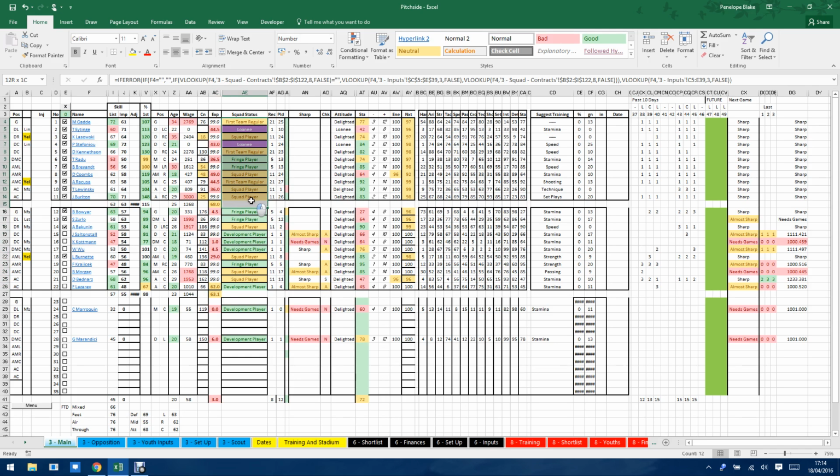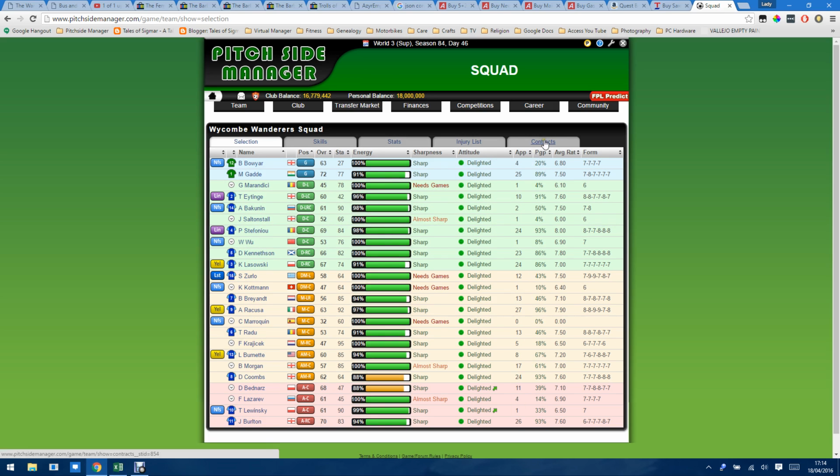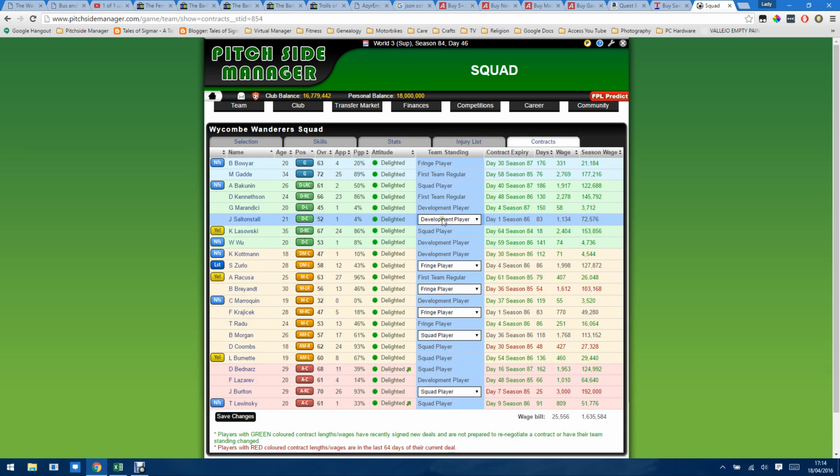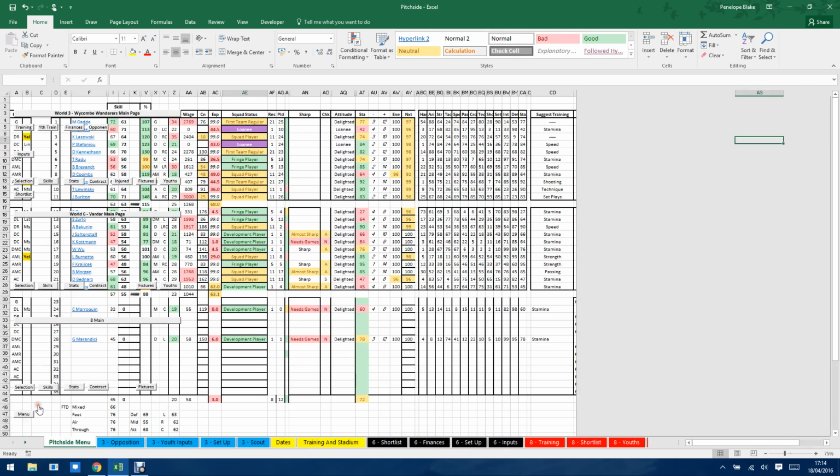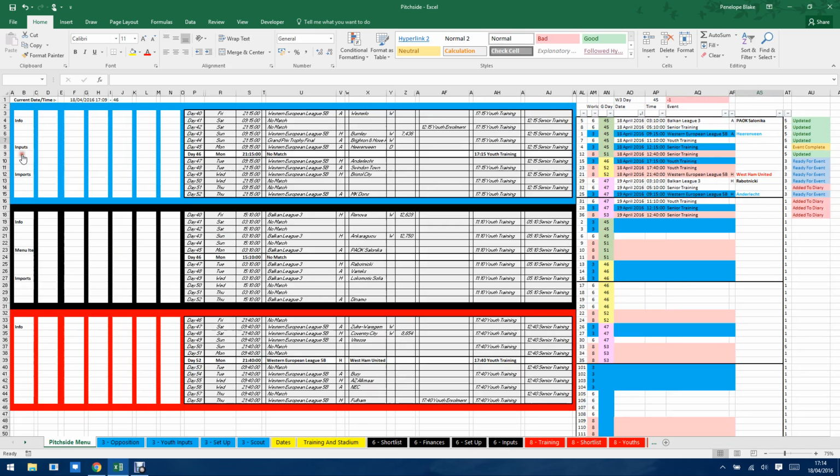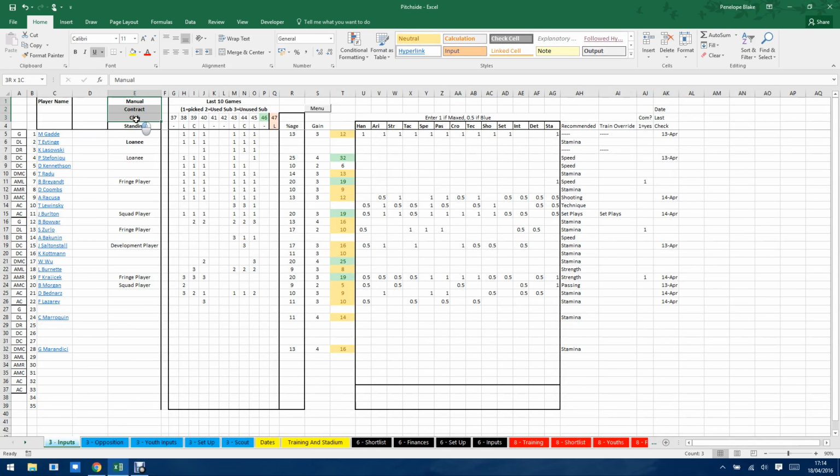This is their squad status, and that will be pulled in automatically. However, every now and again you get a player who has this little box there. When that box appears, it doesn't pull in their status, so you need to actually change it on the inputs. You'll see manual contract club standing, and I've actually written some in there. If it doesn't,